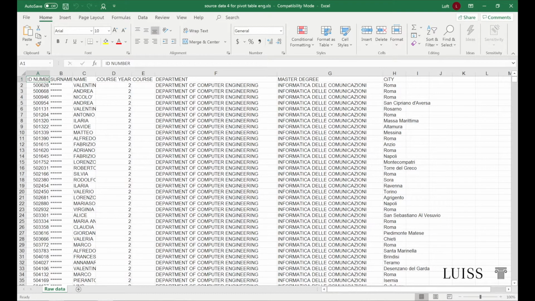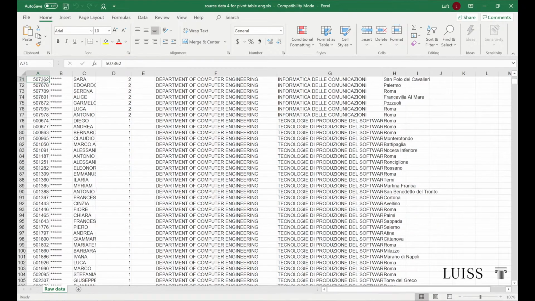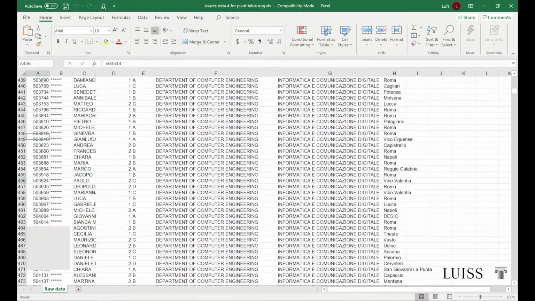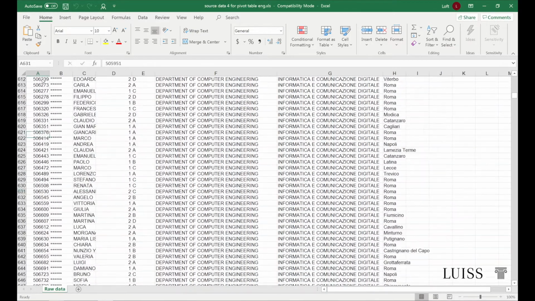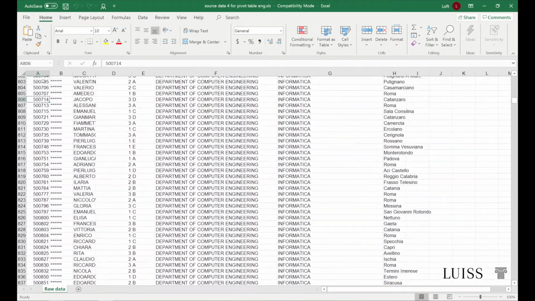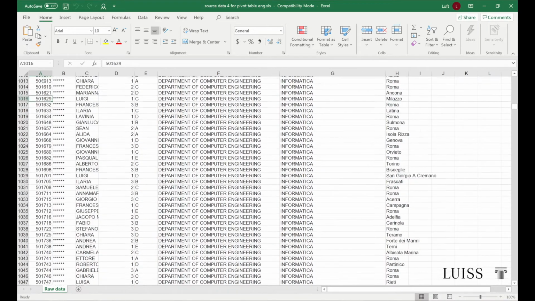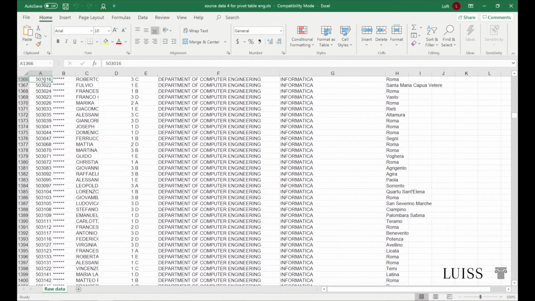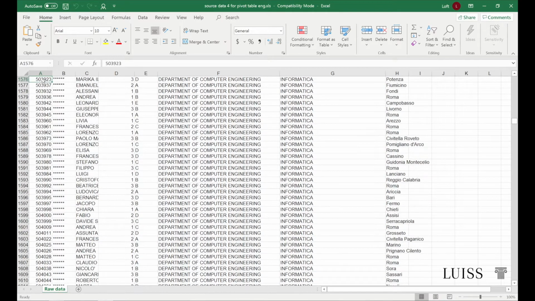Imagine we have a list of hundreds of students enrolled in a faculty of engineering. We know their names, we know which course they're enrolled in, but we have no way using this list of easily determining how many are the first-year students or the students who come from Milan. It is certainly possible to perform filtering, countif and countifs, but by using a pivot table, the problem would be